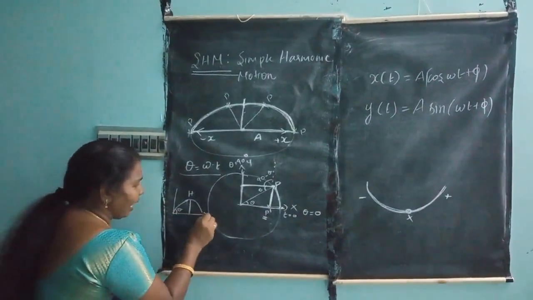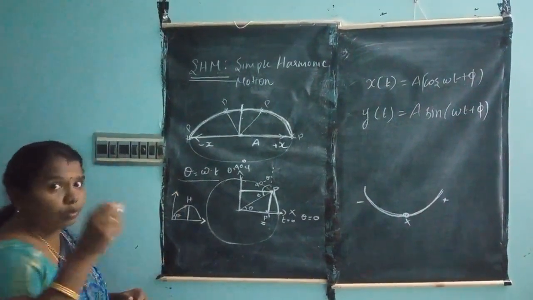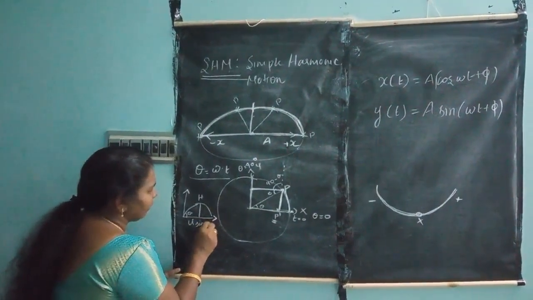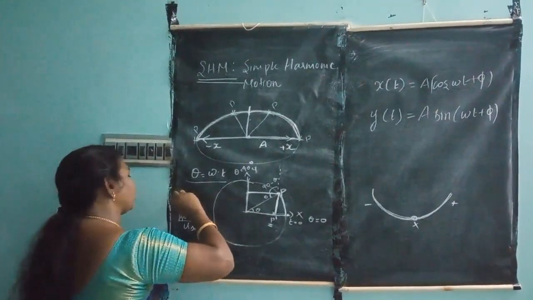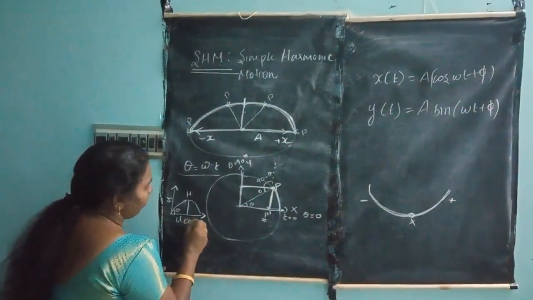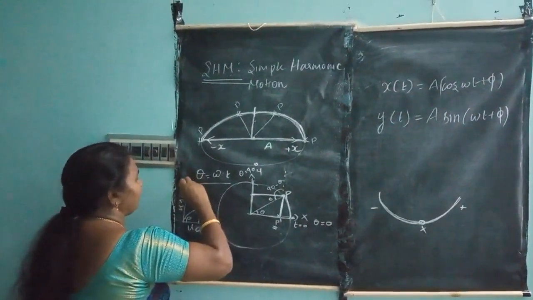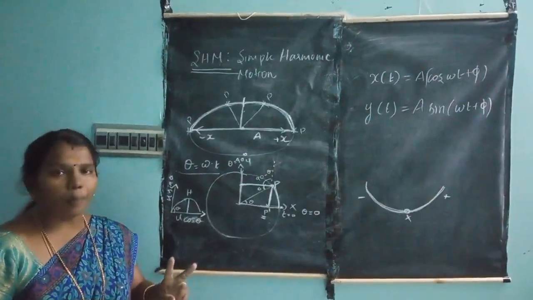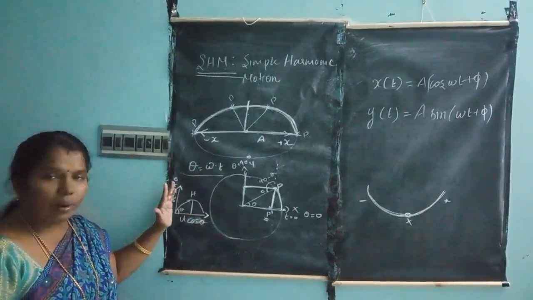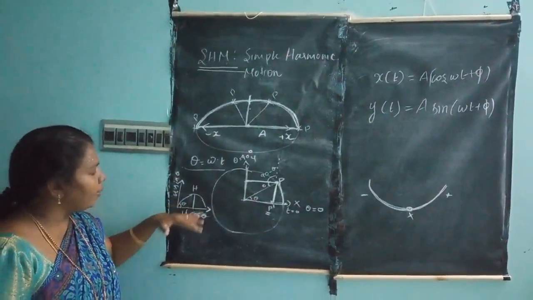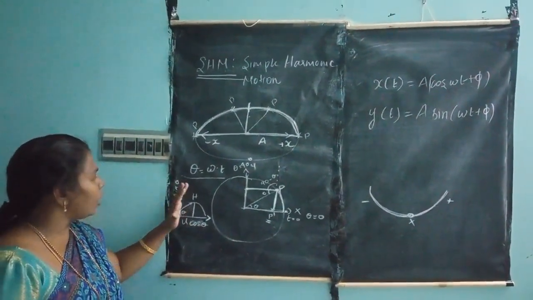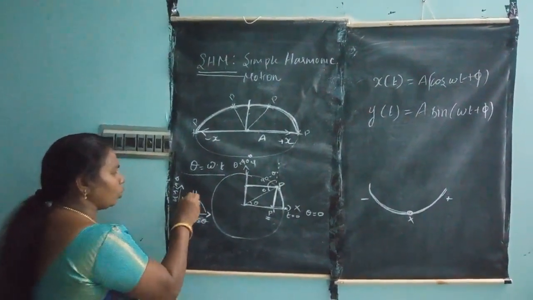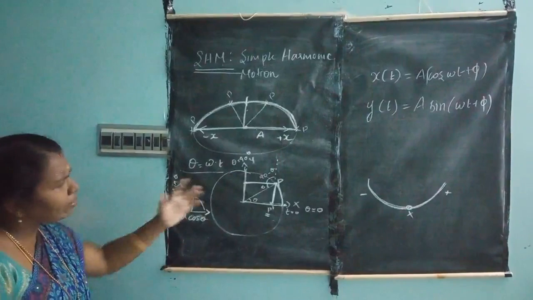The initial velocity is resolved into two components. So the force is resolved into two components. That is u sin theta and this is u cos theta. Can you remember these things? In the kinematic equations of motion, the velocity is resolved into two components: one is the horizontal component, the other is the vertical component. The horizontal component is taken as cos theta and the vertical component is taken as sin theta. So here the velocity u is resolved into two components. The same thing we are discussing here.